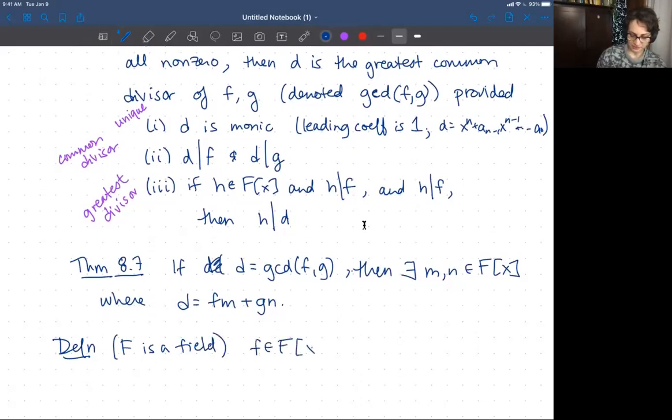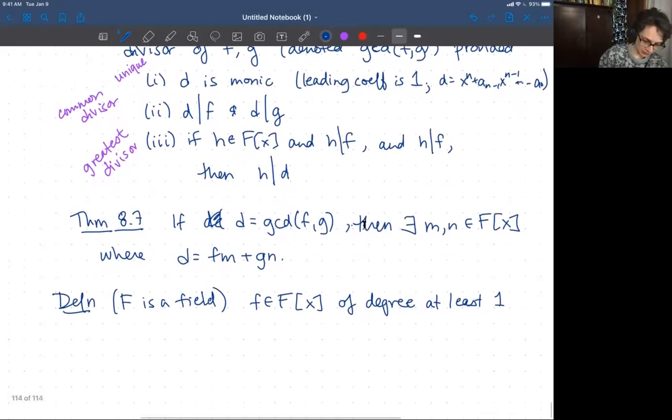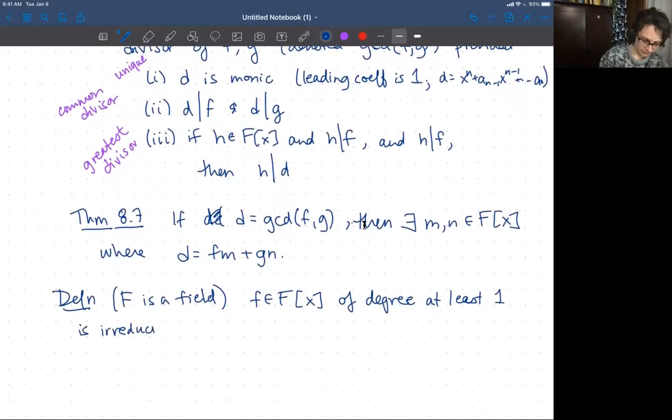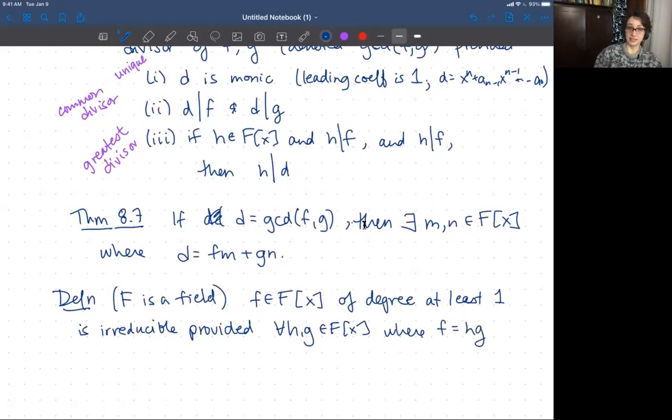A polynomial F in F[X] of degree at least 1, so no constant polynomials here, zero or not, is irreducible provided that for all H and G in F[X] where F is H times G, so when I can factor it as H times G, either the degree of H is 0, in which case the degree of G is the degree of F,